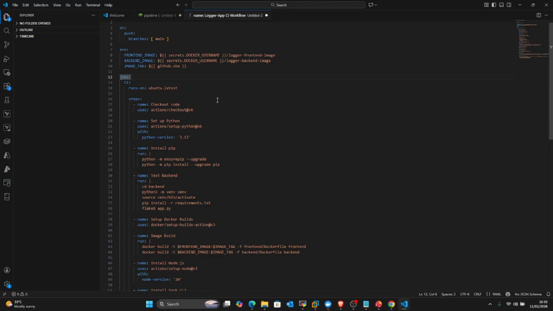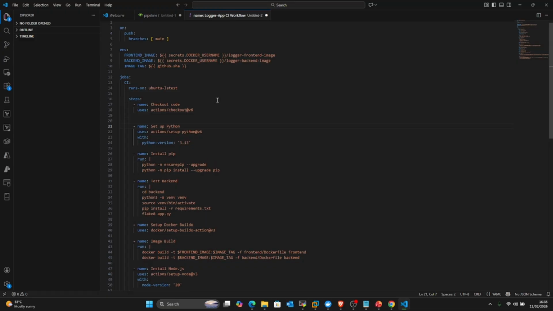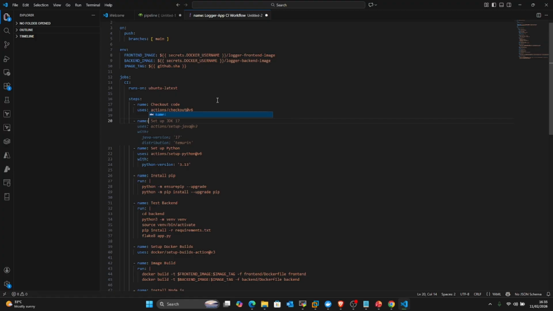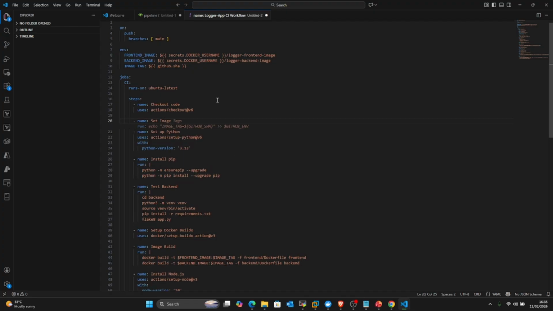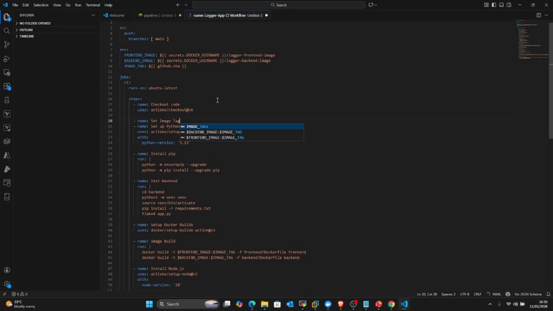So how I'm going to do that is that I'll just come here and define a new step name. I'm suspecting that my intelligence would give me that, set image tag,